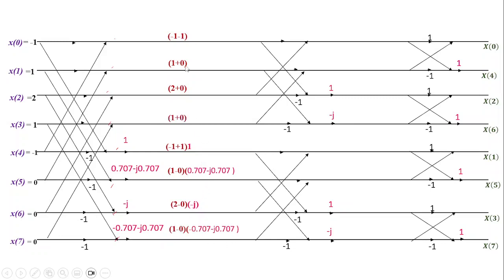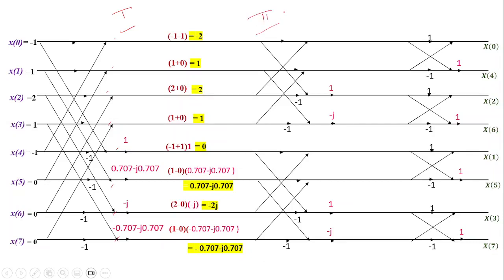So your output of stage 1. So this is going to be the stage 1. So stage 1 is going to be -2, 1, 2, 1 and it's going to be -1 plus 1 is going to be 0. Here 1 into the twiddle factor is going to be the same value and 2 into minus j is going to be -2j and then 1 into the twiddle factor is going to be the twiddle factor. Now this will be the input for the stage 2.